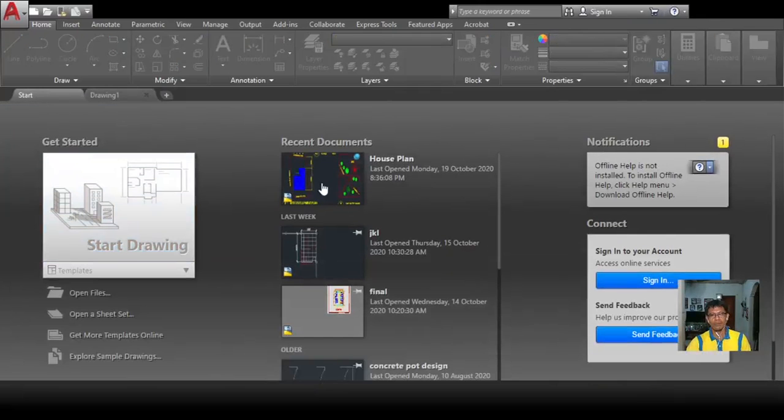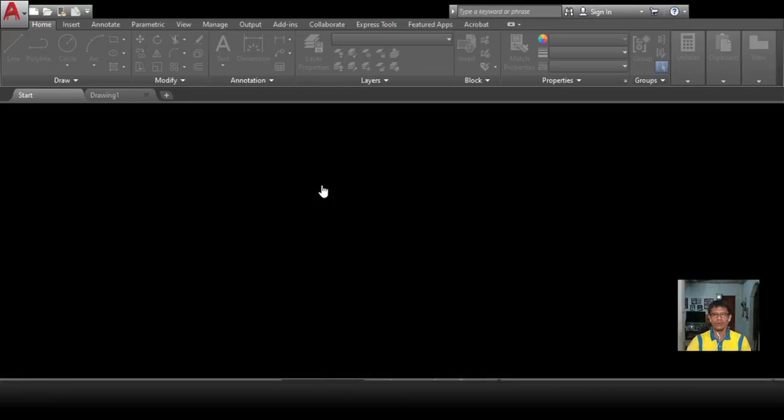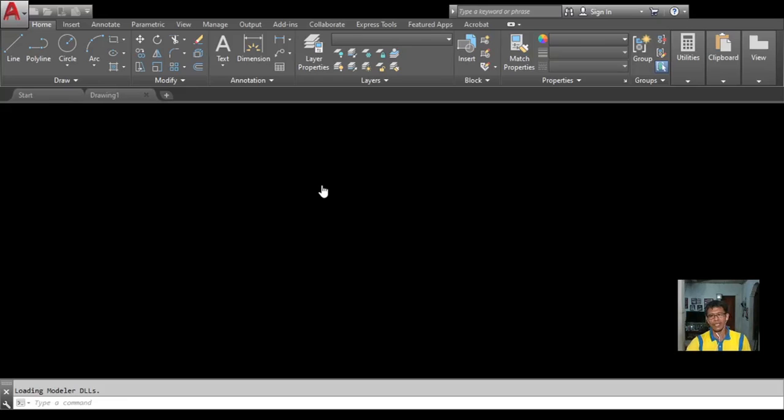Let me show you an example, and this example was drawn by my daughter, who is taking up an engineering course. So let's wait for the file to open. So let me continue. While waiting for the file to open, computer-aided design, CAD, also known as computer-aided drafting and design,